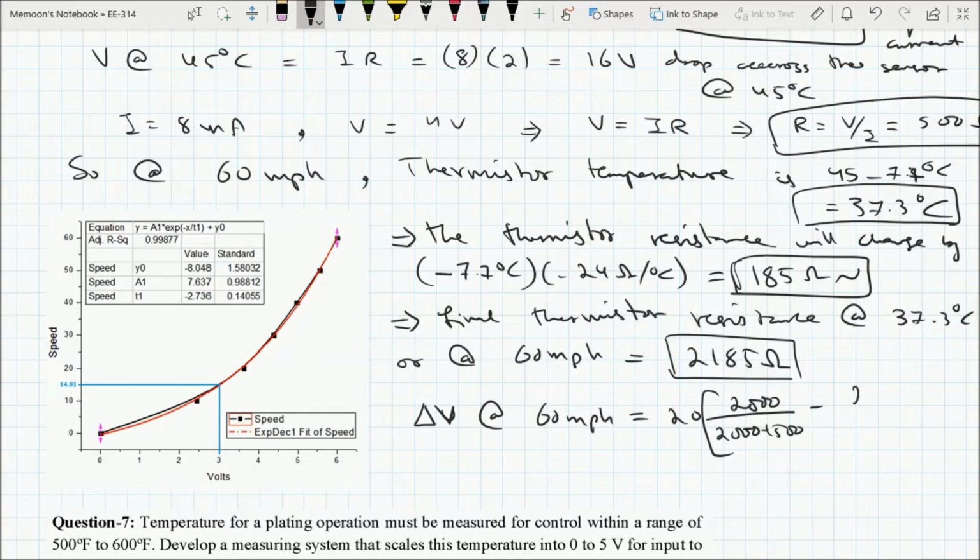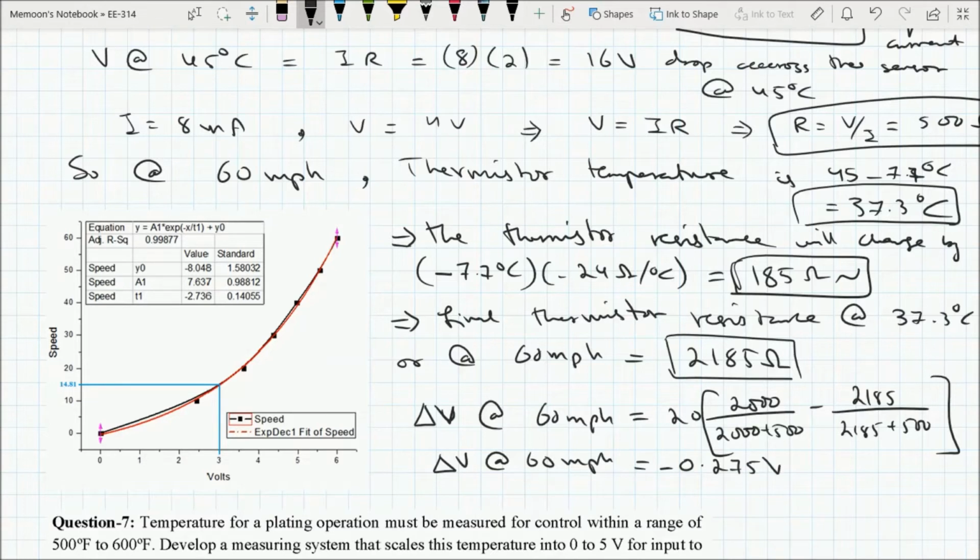And this is for the sensor that is exposed to this wind speed and whose resistance was changing because of the drop in temperature due to the blowing wind across it. So 2185 over 2185 plus 500, and this means that delta V at 60 miles per hour will be equal to negative